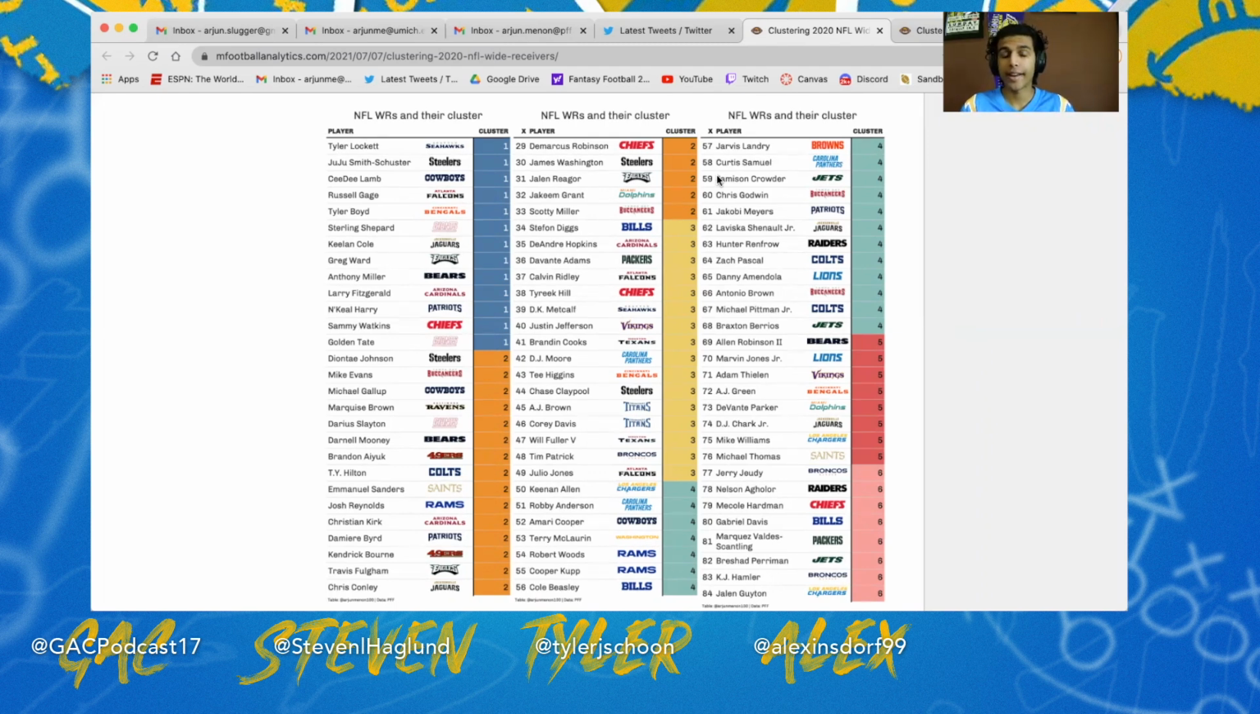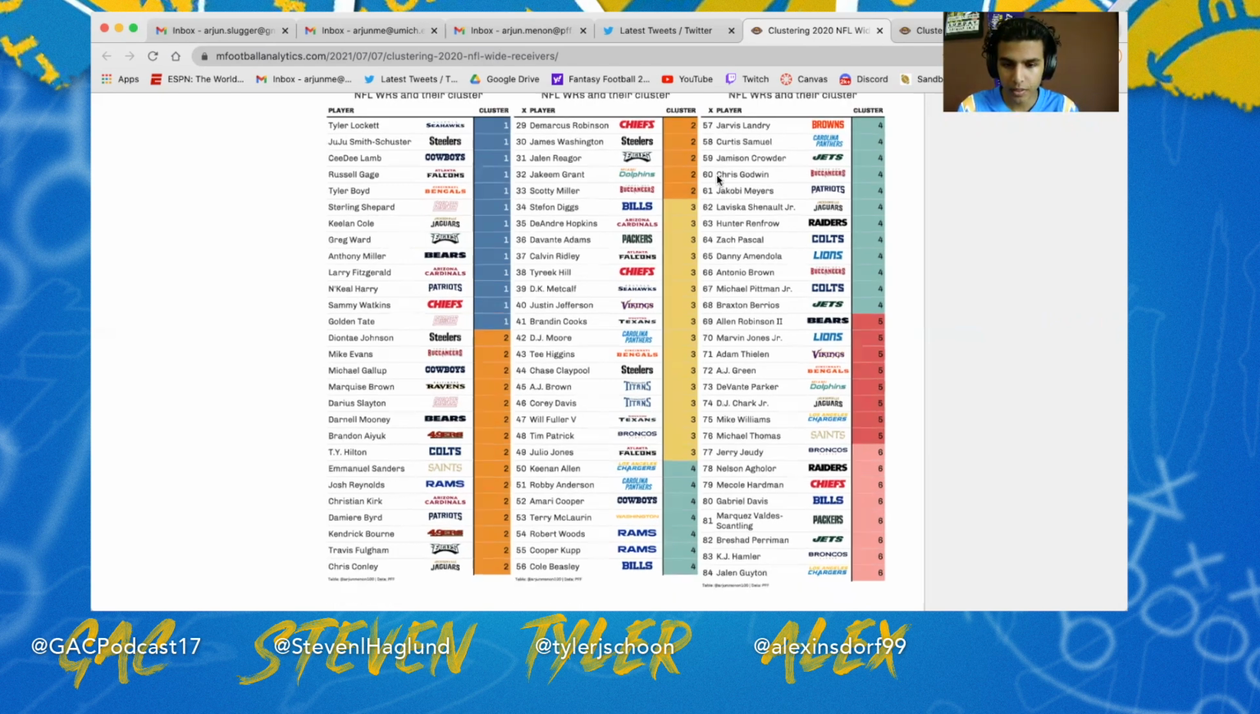This analysis and the model that I made makes sense in the fact that Keenan Allen falls in this category, and other players of his caliber and ability fall in this category as well. Okay, so the next